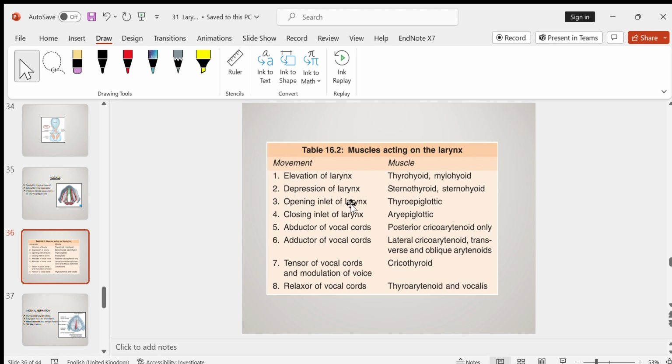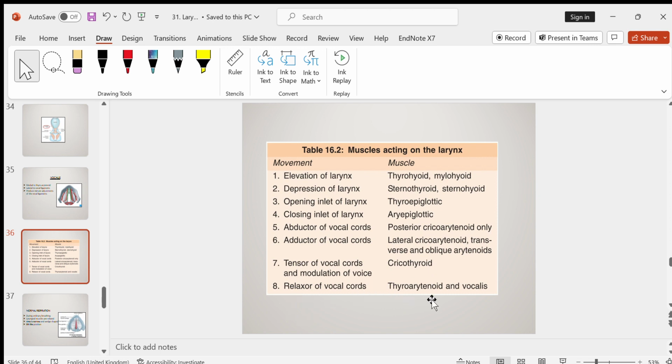Opening of the larynx is by the thyroepiglottic muscle. Closing of the laryngeal inlet is by the aryepiglottic muscle. Abductor of the vocal cords is the posterior cricoarytenoid. Adductors are lateral cricoarytenoids, transverse arytenoids, and the oblique arytenoids. Tensors of the vocal cords are cricothyroid, and relaxers are the